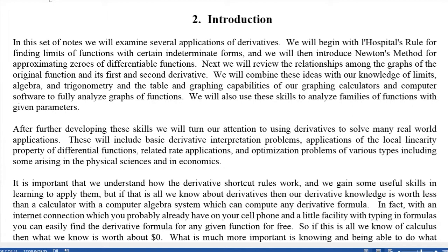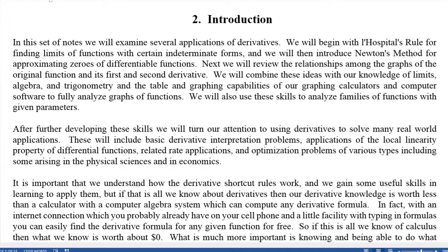Now, in this playlist and this accompanying set of notes, we're going to examine several applications of derivatives. We're actually going to begin by looking at something called L'Hopital's rule. L'Hopital's rule is used for finding limits of functions with certain types of indeterminate forms, and it does involve a derivative in that process. Next, we're going to use Newton's method for approximating zeros of functions which are differentiable. So in other words, we're going to approximate the x-intercept of where functions cross the x-axis to find the x-coordinate